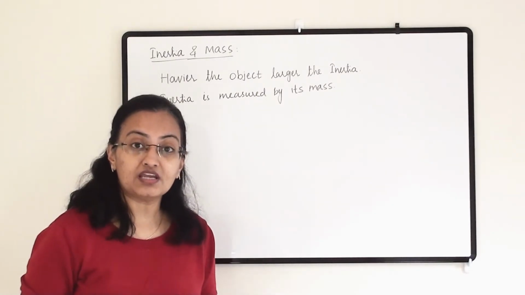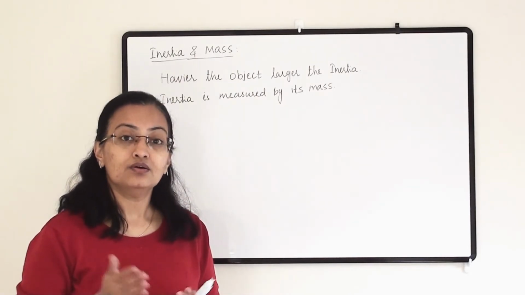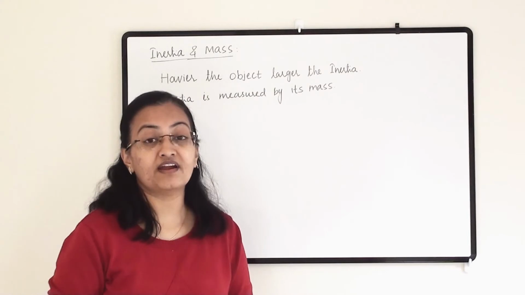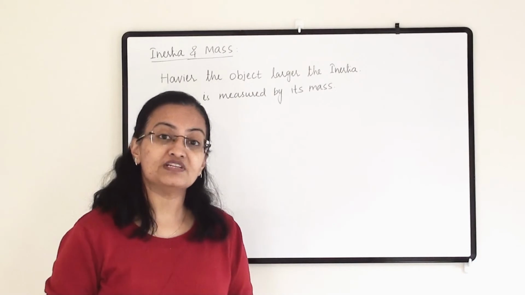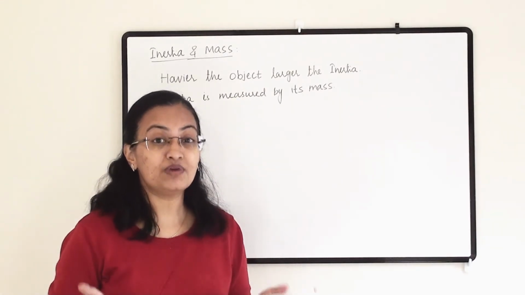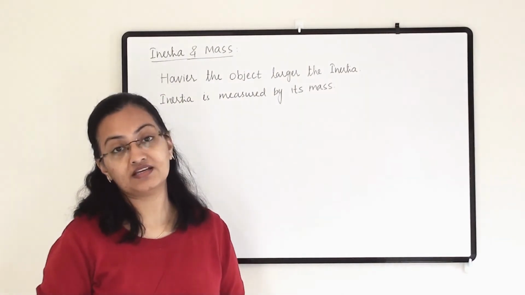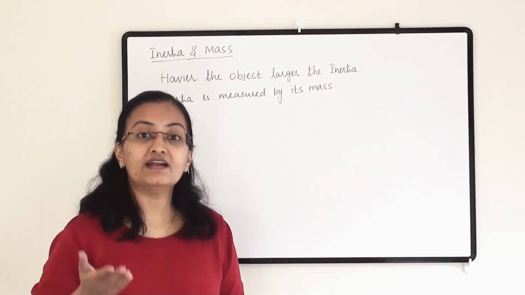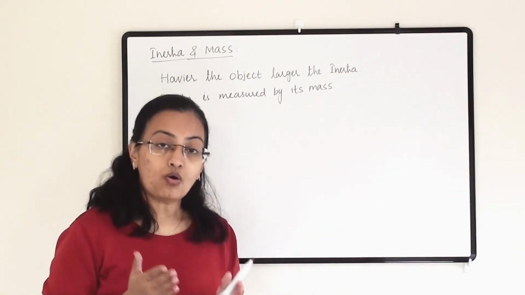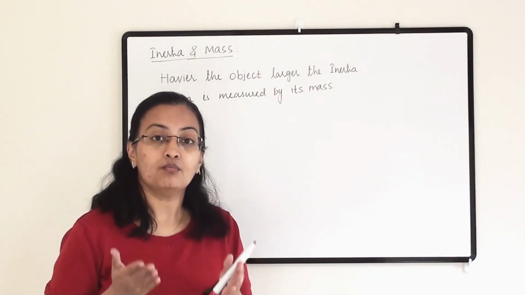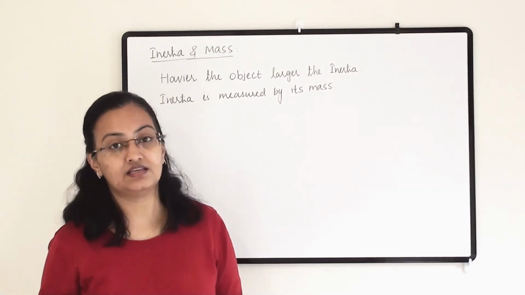When a train and a cart collide with each other, who will have more effect of this collision, or whose part will break? Obviously the cart, because the train is big, its inertia is more, whereas the cart is smaller and its inertia is less. So the cart will get maximum destruction by this collision. Likewise, all the heavier objects have more inertia, whereas smaller, lighter objects have less inertia.